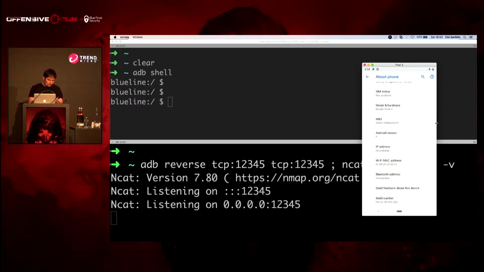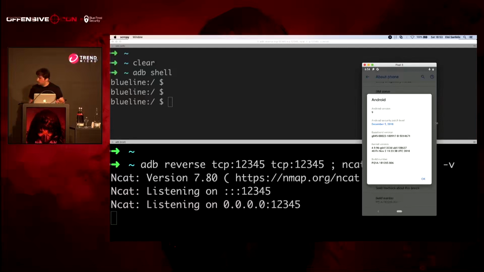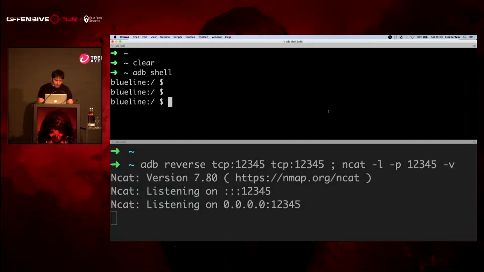It's running Android version 9, and I don't know if that's visible from the end. I'll read it out loud because this thing doesn't work anymore. It's December 5, 2018, so that's when we were working on this. And here there is a shell, but I don't want the shell. I actually want